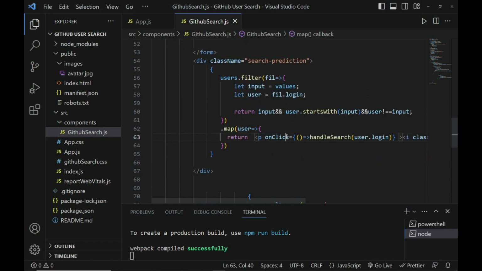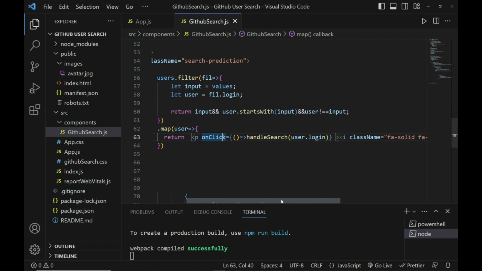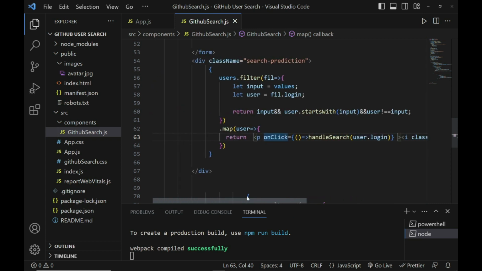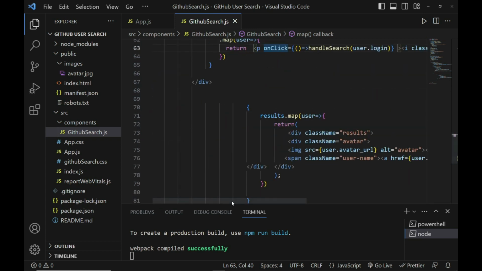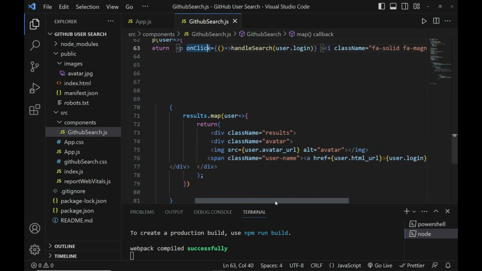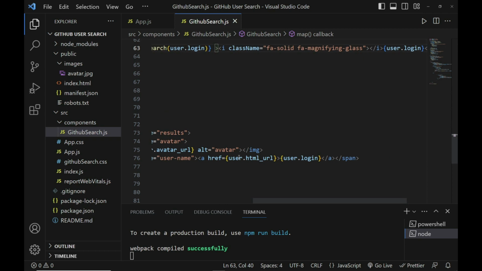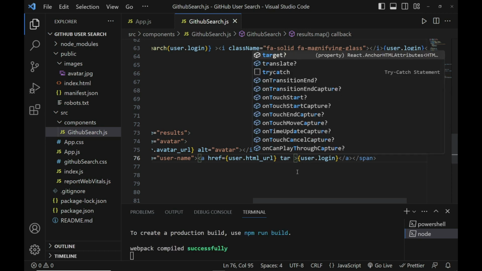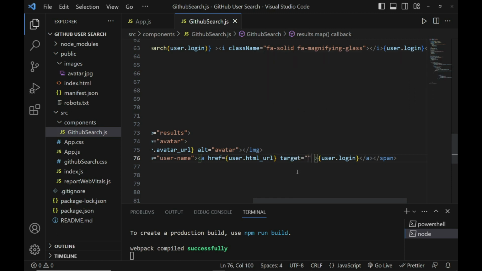Let's go back, it's this one. Where is the link? I want the one with the link. Yeah, this one. So here on this anchor link, we need to put something so that it will open a new tab. So I think we use target, and we need to set it to blank. I can't remember the